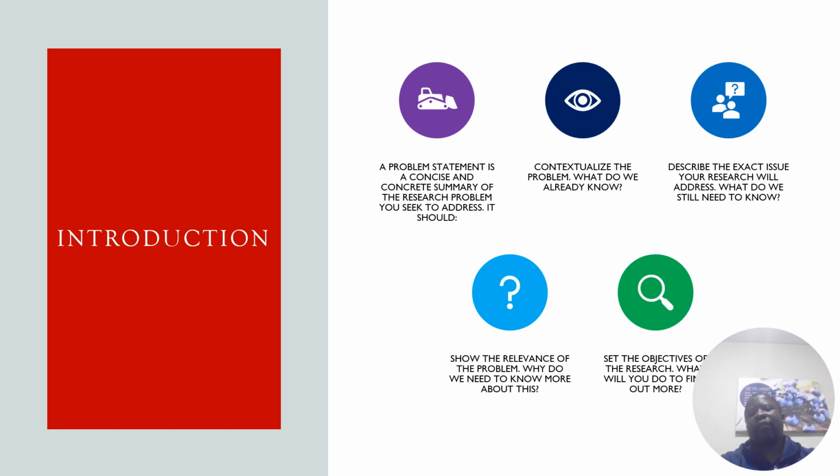That is the most important reason why we do our background to the problem. We want to establish what is already known in the literature. Then the second part is you are actually describing the exact issue or the exact problem that you intend to address. And in doing that, you are also answering the question, what do we still need